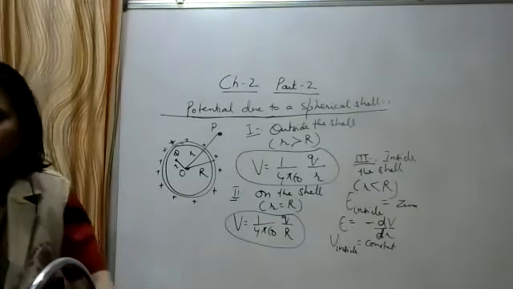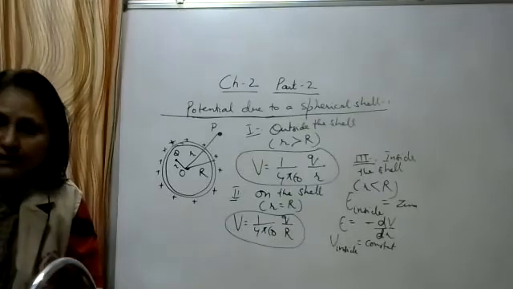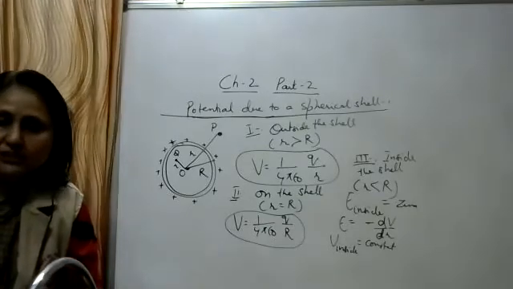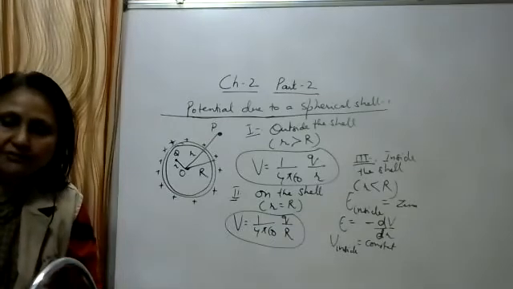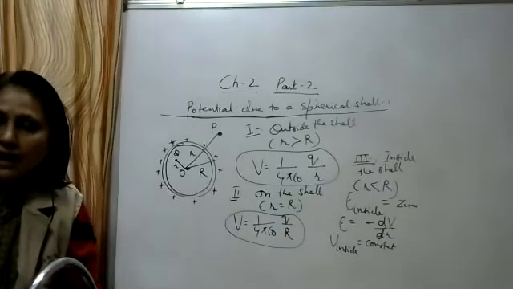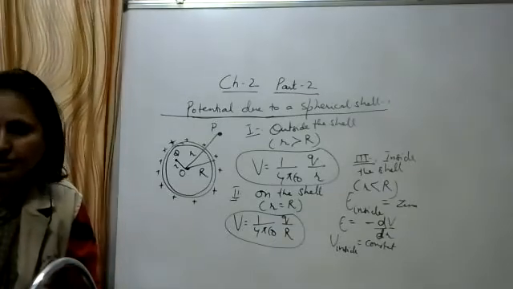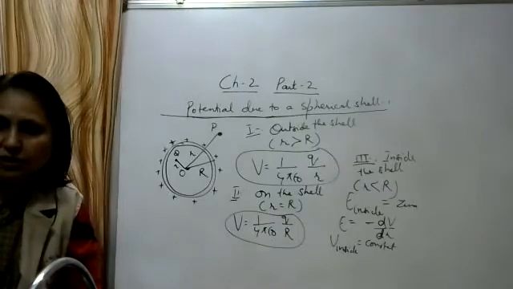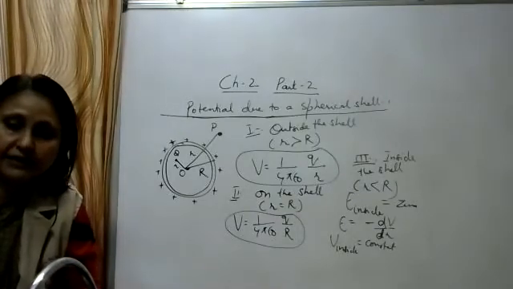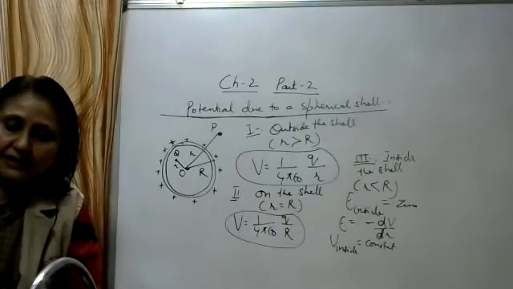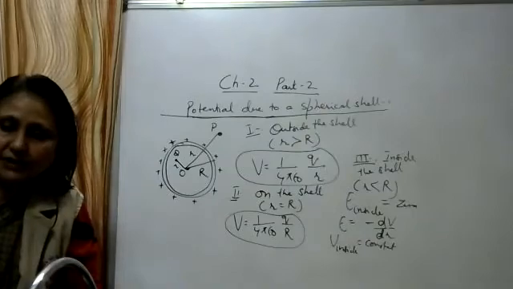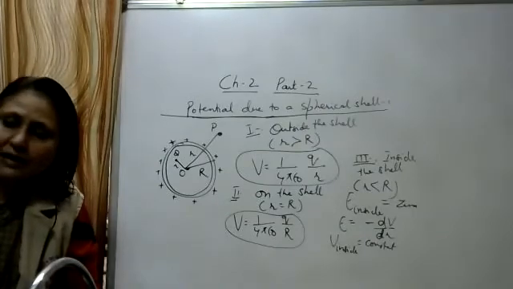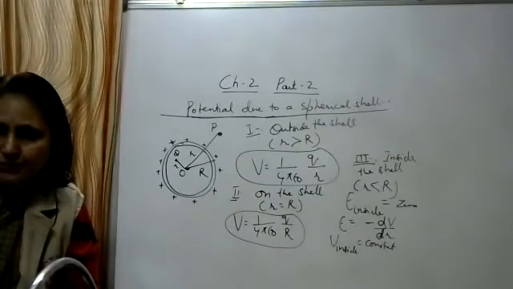So due to this dipole, we'll find out the potential. Potential here is a scalar quantity. Now here we'll find out the potential at any arbitrary point P, not on the axial line or the equatorial line, like we had derived for the electric field on the axial line and then on the equatorial line. Here we'll find it at any arbitrary point P.